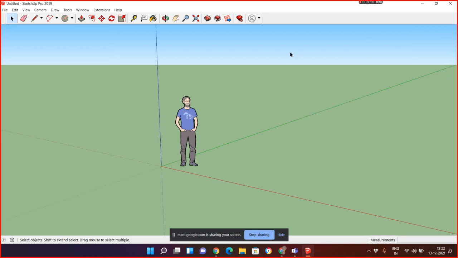When you start SketchUp fresh, the first screen of SketchUp is in front of you like that. Over there, the name of the file and name of the software, this entire thing is the menu bar, and that's called the toolbar.